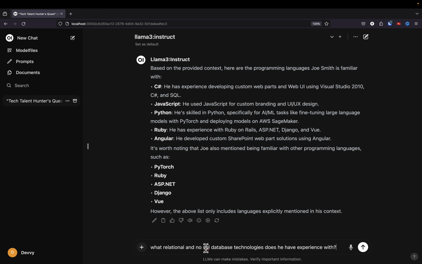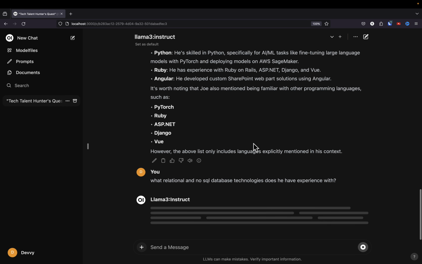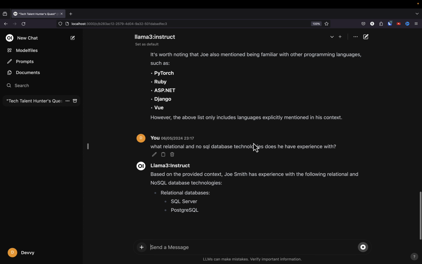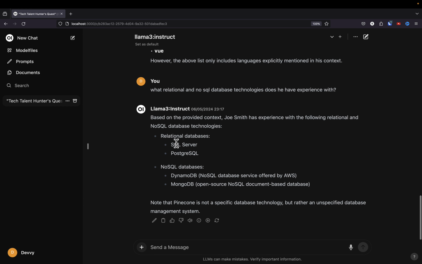Now let's continue to ask it questions and see how deep we can go. So I'm going to get a little more specific here. What relational and NoSQL database technologies does he have experience with? And see what it gives me back. And it calls out SQL Server, Postgres, and then it calls out DynamoDB and MongoDB. So we can see Open WebUI's RAG-based document chat feature works pretty well when answering questions about documents that we